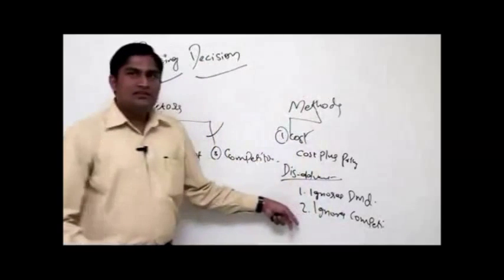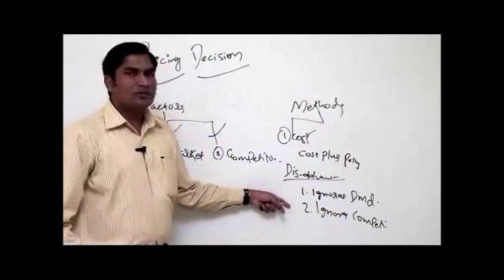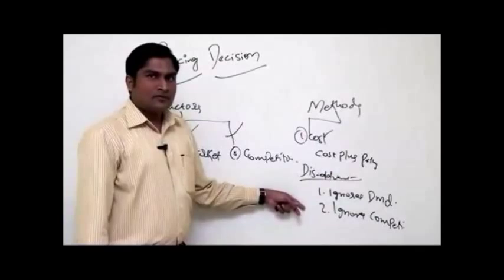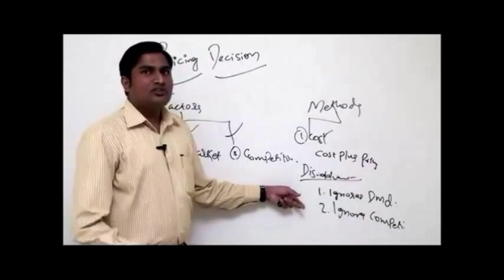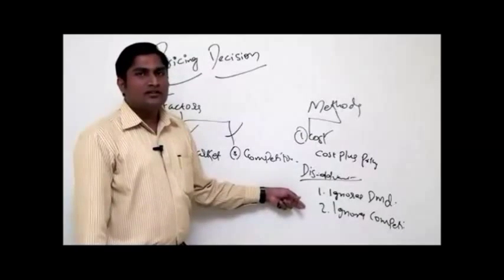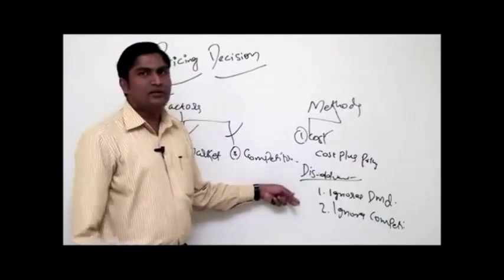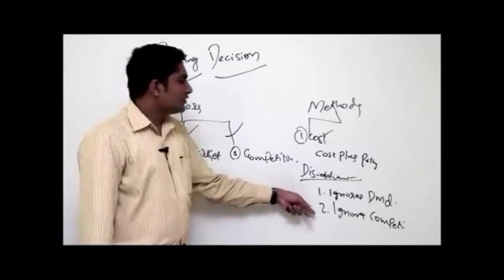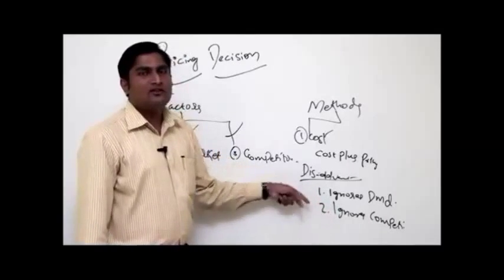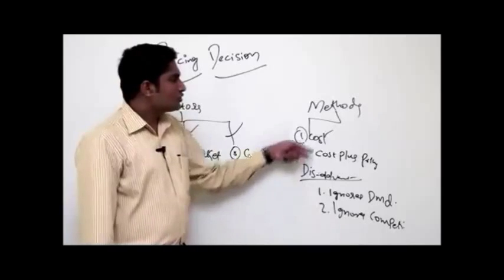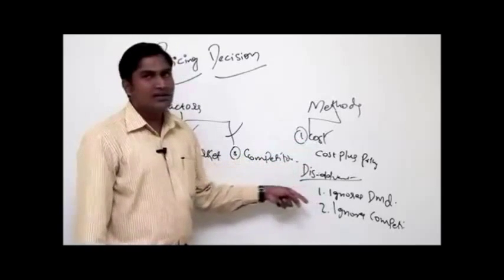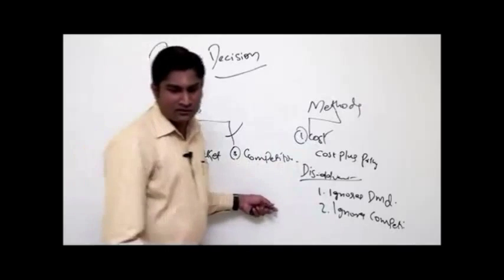Ignores competition means, as we mentioned earlier, this is a very competitive world, so a product homogeneous to our product will be available in the market. If the same product is available at a lower price, the customers will go behind our competitors' product, so that we will be thrown out from the market. So the cost plus pricing system doesn't consider the competition effect at all. Third one,